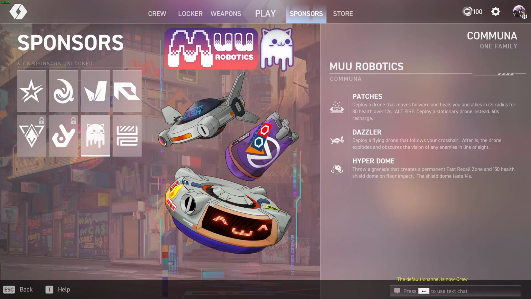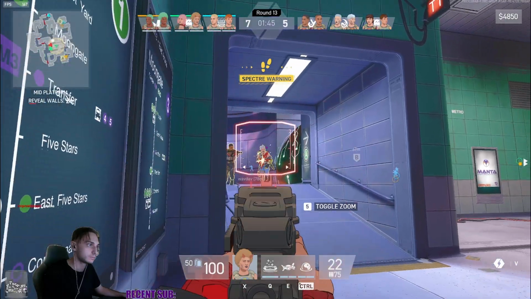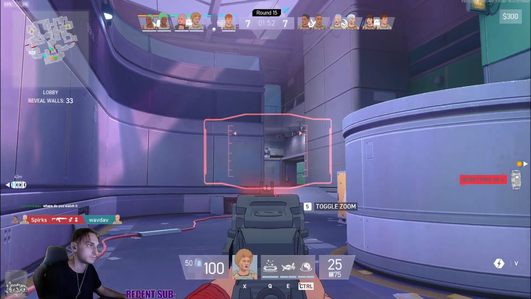So on the Mountaintop website, they categorize the MUU sponsor as a support role, which I think is a perfect way to categorize this sponsor. When taking a look at the utility that MUU gets, the first thing you get is Patches. You deploy a drone that moves forward and heals you and allies in its radius for 80 health over 12 seconds. The alt fire, which means your right click, deploys a stationary drone instead, and